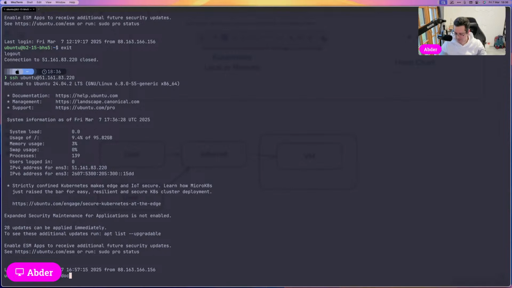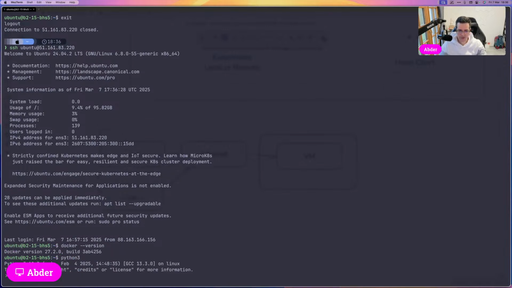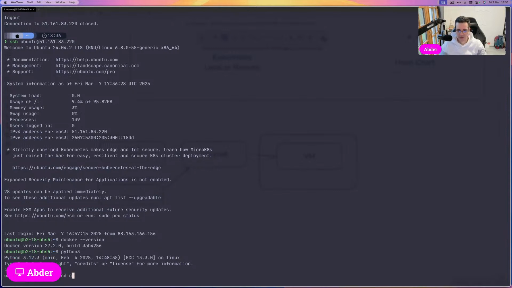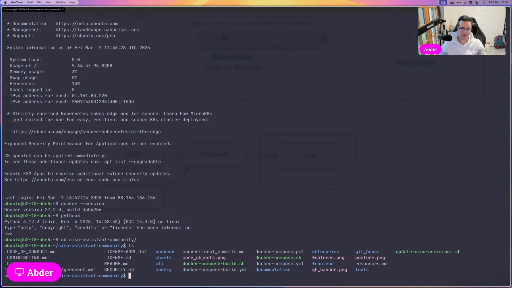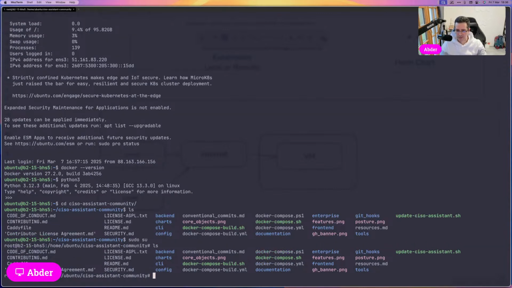I installed Docker. Okay, we're good. Do I have Python? I'm good. All right, Control D. And do I have clone? Yeah, I'm good. So let's do the same, sudo here,